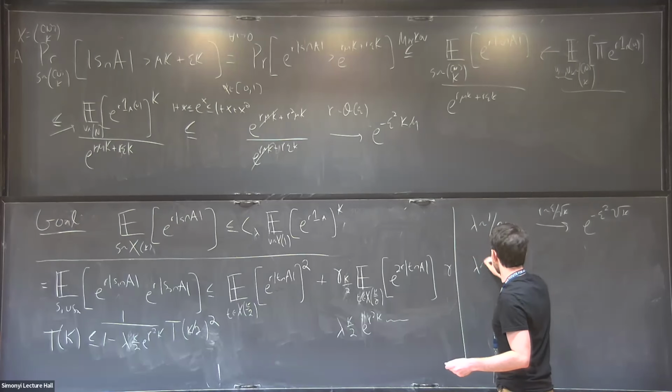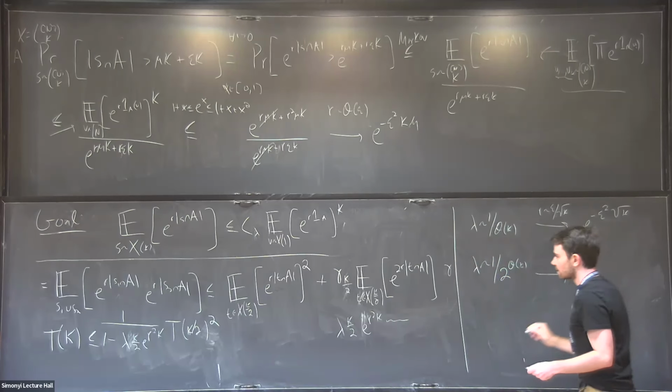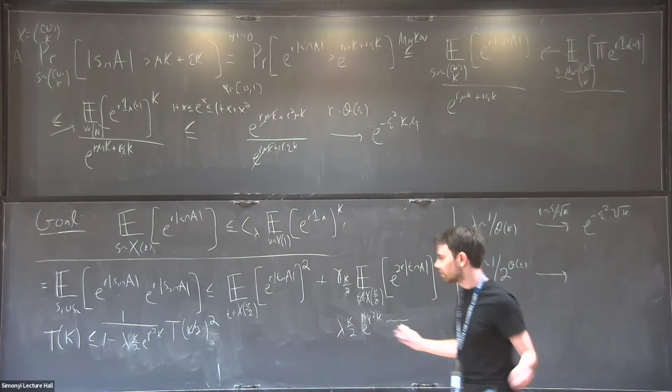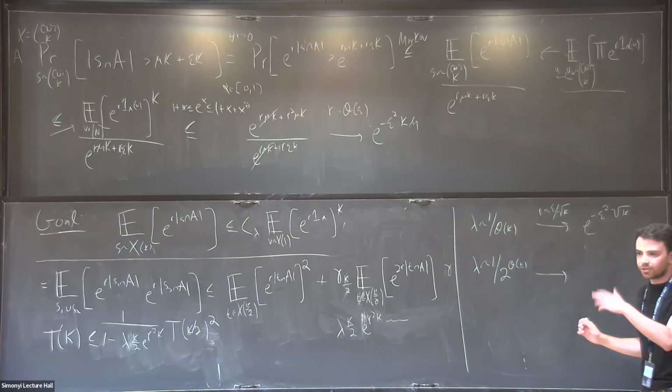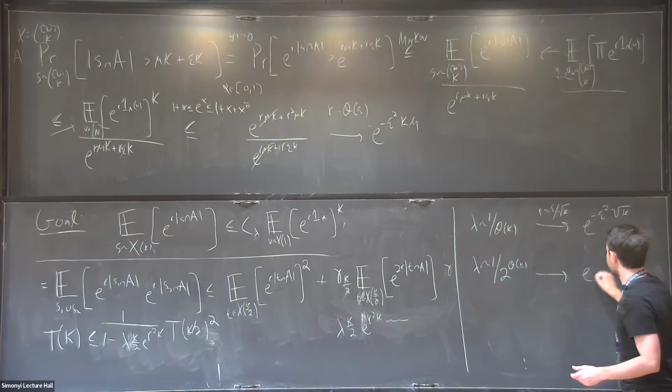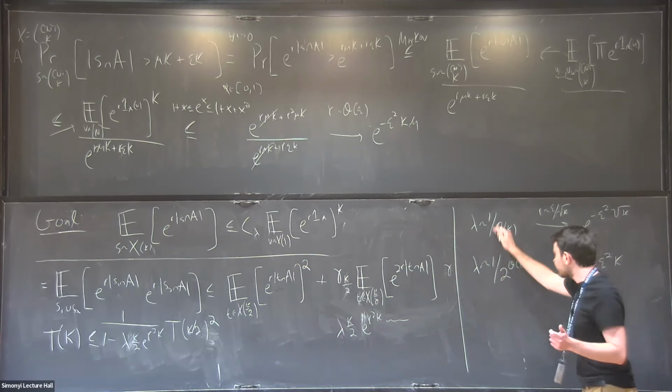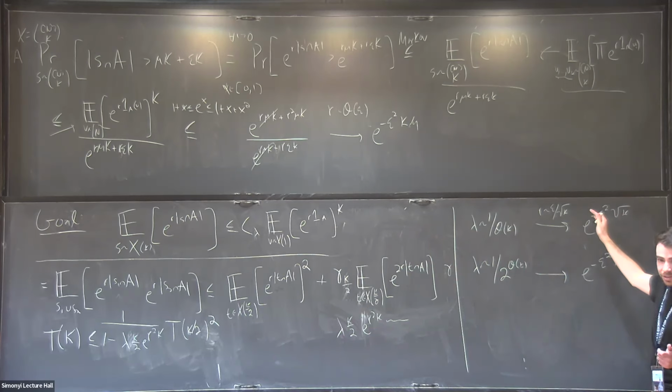So I could pick lambda to be like 1 over 2 to the theta k. And in this case, now, this term basically just kills everything, right? And this recursion basically just reduces essentially to Chernoff, and this gets you e to minus epsilon squared. Okay. And of course, I can pick things in between, and I can interpolate between these two, and I can